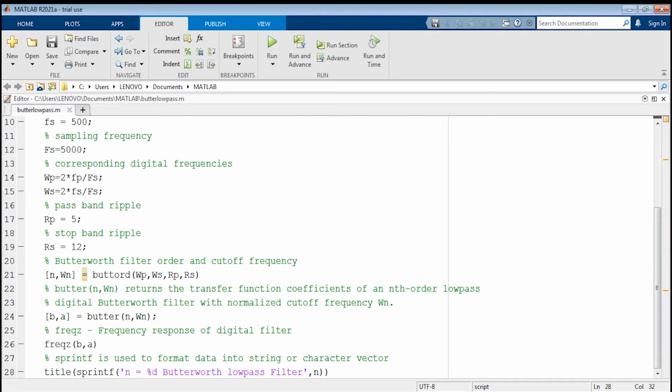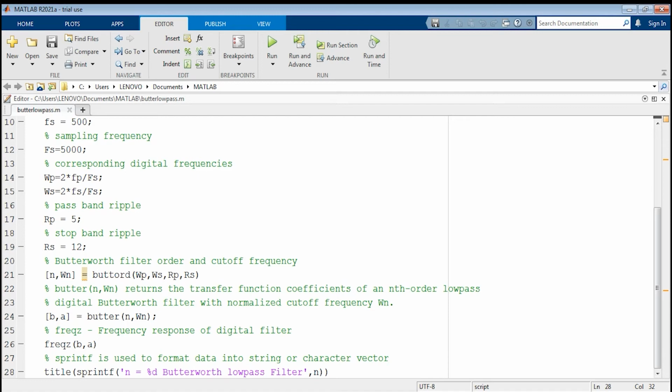Okay. So this is the magnitude response, and this is the phase response. So always for frequency response, you will plot the magnitude response as well as the phase response. And on the x-axis what do you have? Frequency. But here I have the normalized frequency. Normalized frequency means it goes up to 1. And on the y-axis for the magnitude response you have the magnitude. For the phase response you will have the phase. So this is the graph of the low pass filter.